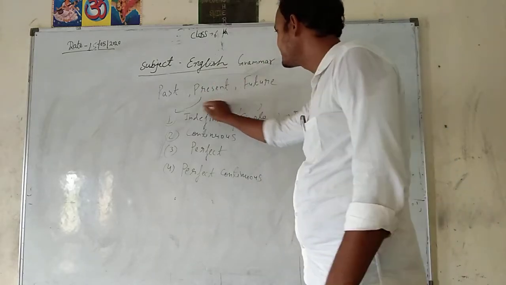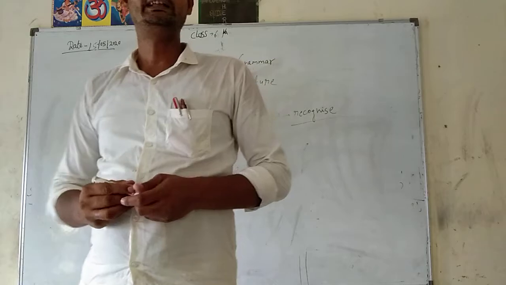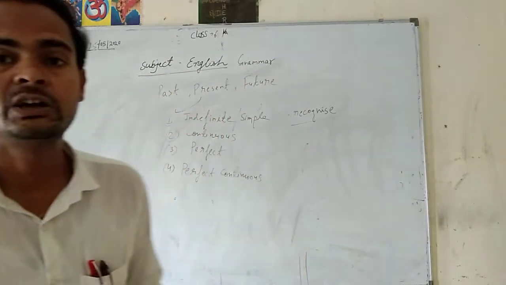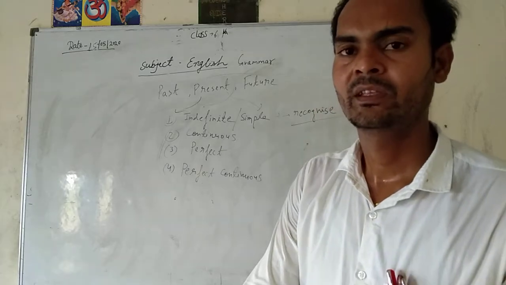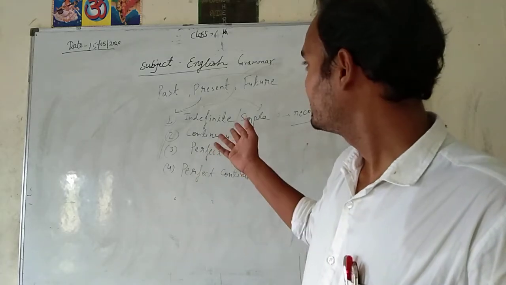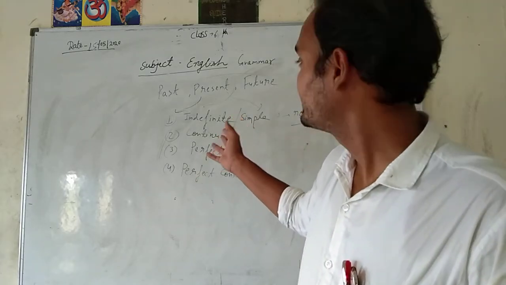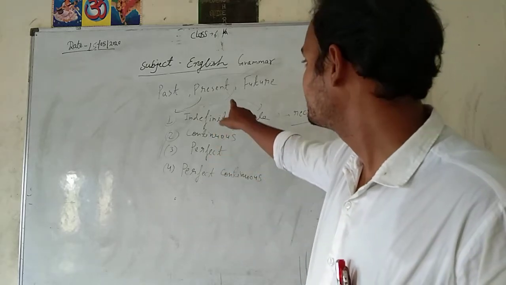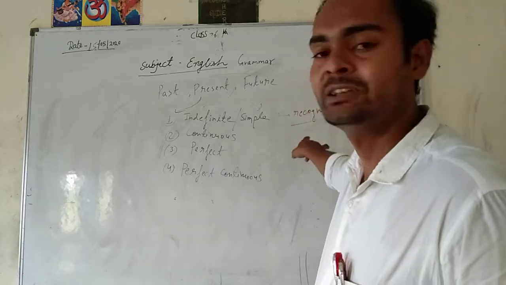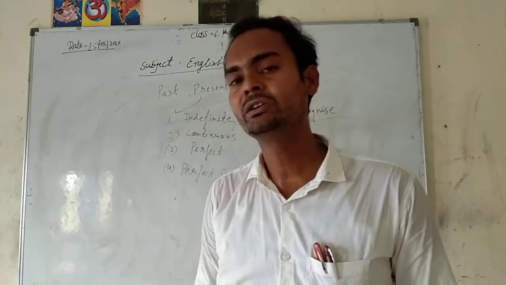First we have to understand, if there is a phenomenon or incident of present time, it is called present tense. So the incidents of present time are in present tense, and in that there are four parts. First we have to say present indefinite tense or present simple tense. How can we recognize that?